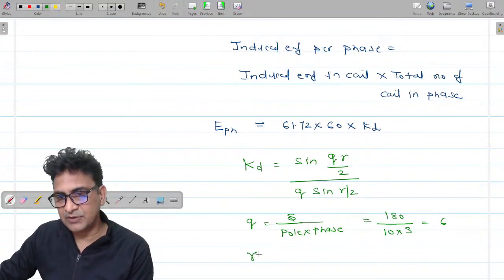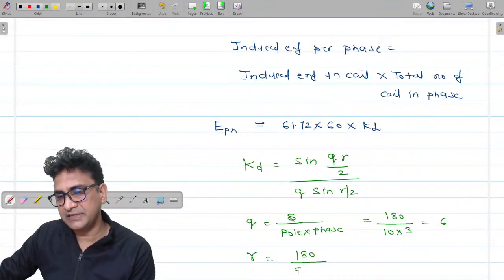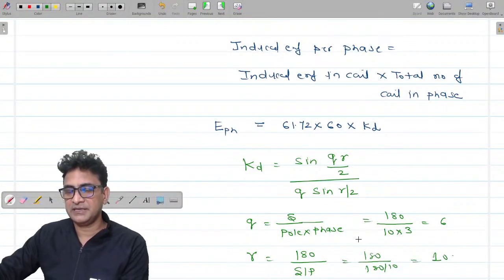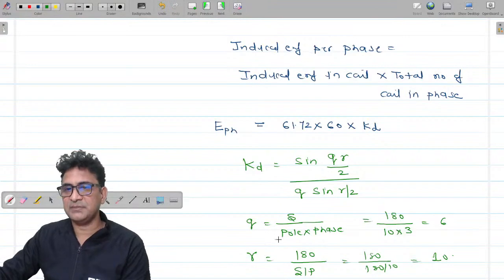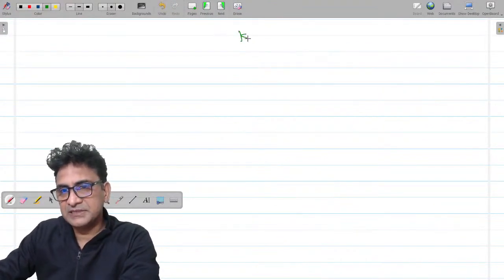And the formula to find the slot angle is 180 degree divided by slot per pole. Slot is 180 degree, pole is 10. So the slot angle is equivalent to 10 degree. By using this value of q and gamma, you can find out the distribution factor. So finally the distribution factor is